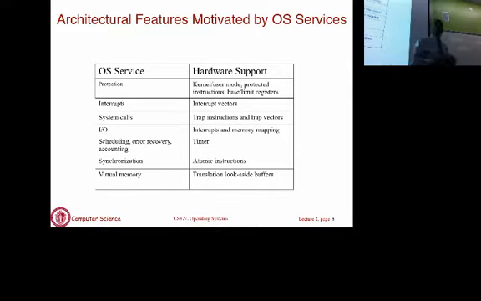So let's take this service called protection. What protection essentially means is that you're taking one process or one application and protecting it from other processes. So one process cannot harm another process, say by accessing its memory and corrupting it. That would be bad. If you let a process override some other process's memory, it shouldn't be able to do that. Now, the question is, what can the OS do to implement protection? It's the OS's job to prevent that from happening.